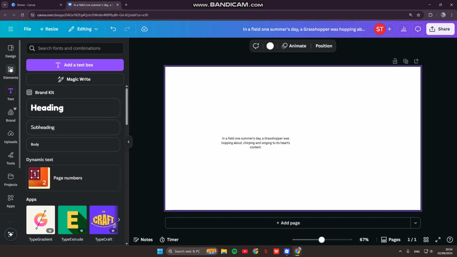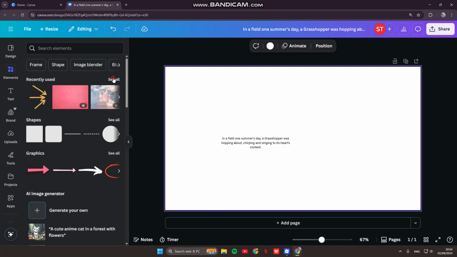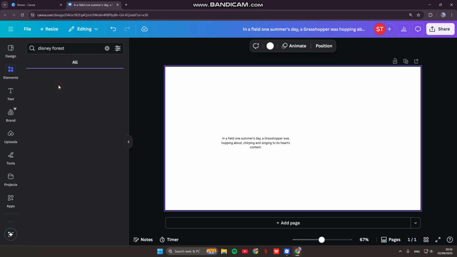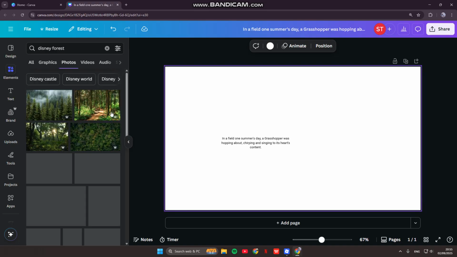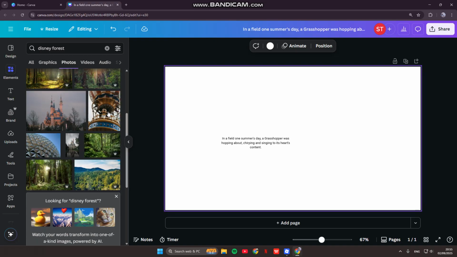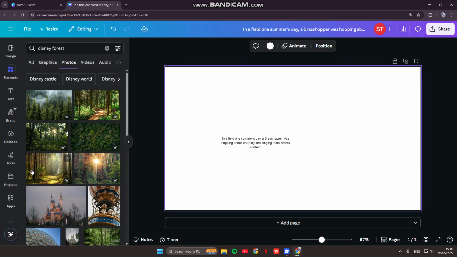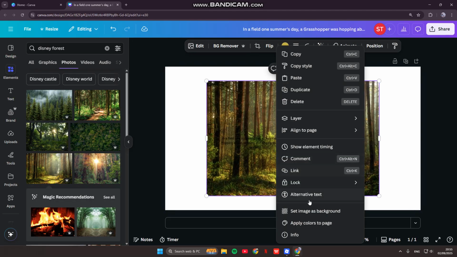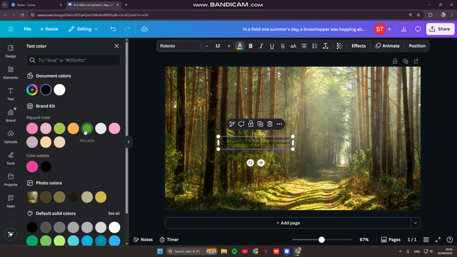You can use Canva free backgrounds by going to elements and finding the one that you want. For example, I'm going to go with Disney Forest like this. You can just click on see all to see all of the photos. For example, I'm going to use this one and make it the background, and here I'm going to change the font color to white